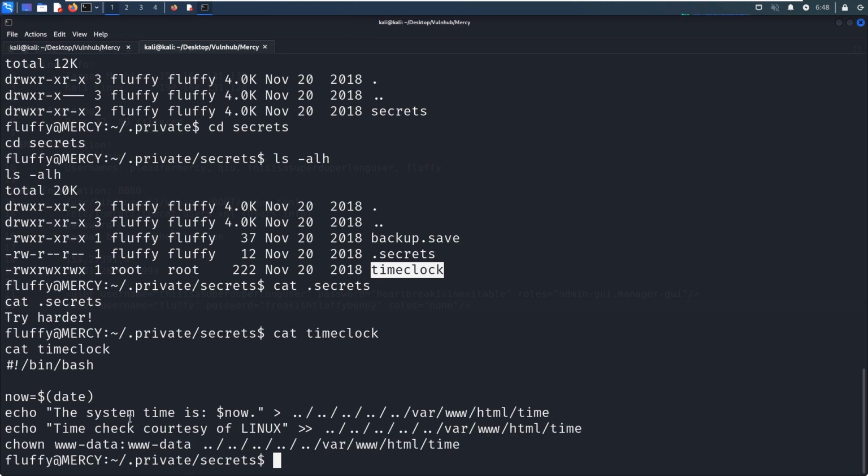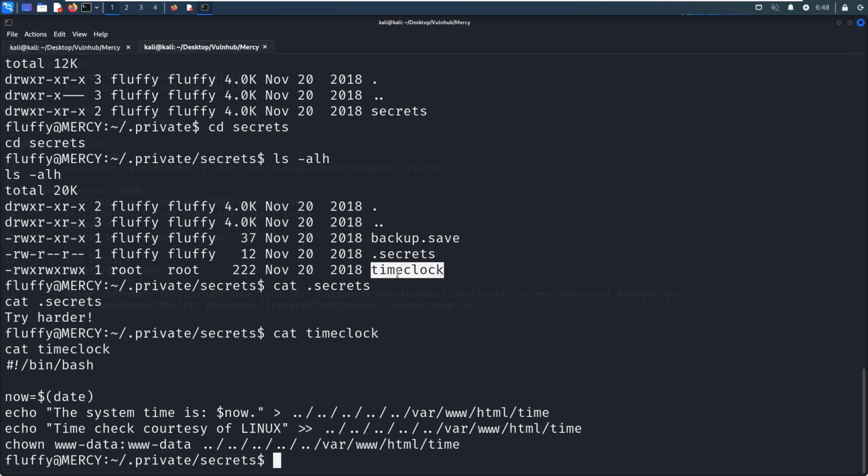It will echo or print the time of the system. And also every user has read, write, and execute permission. So what can we do next? Maybe some job is using this file or is using this script. So we need to check it out.